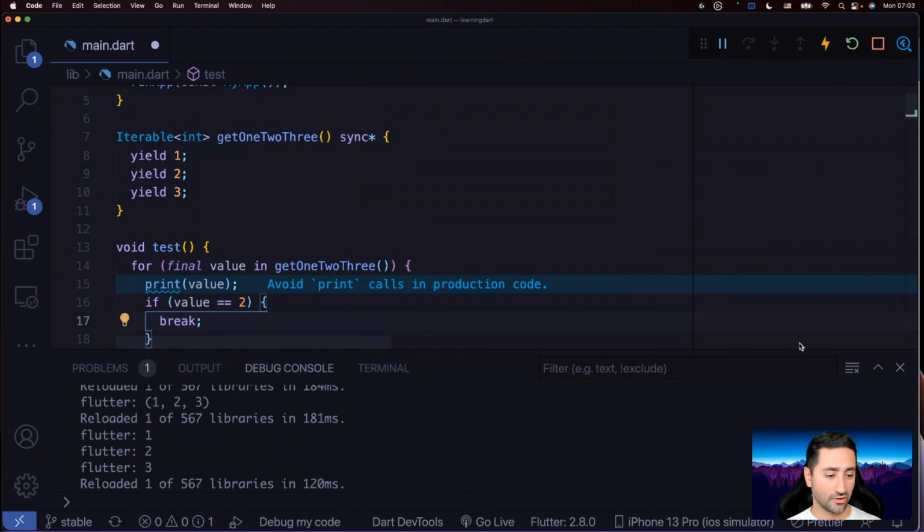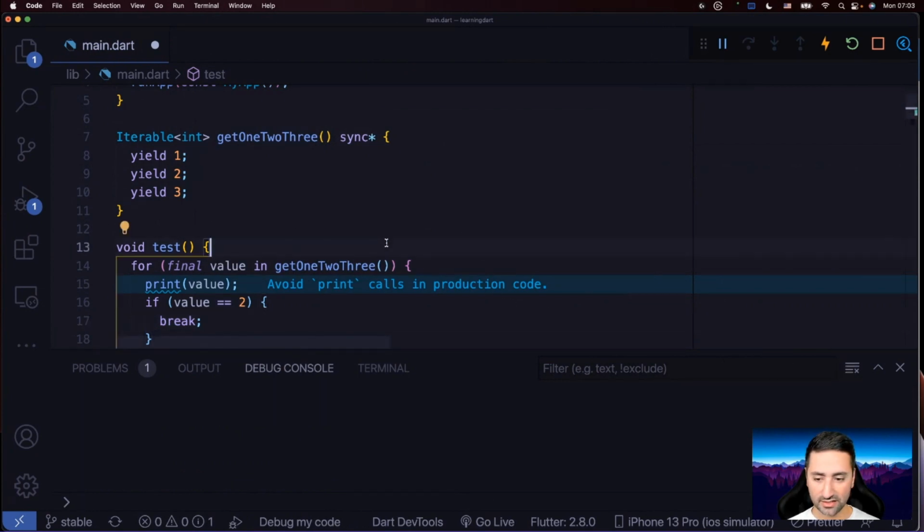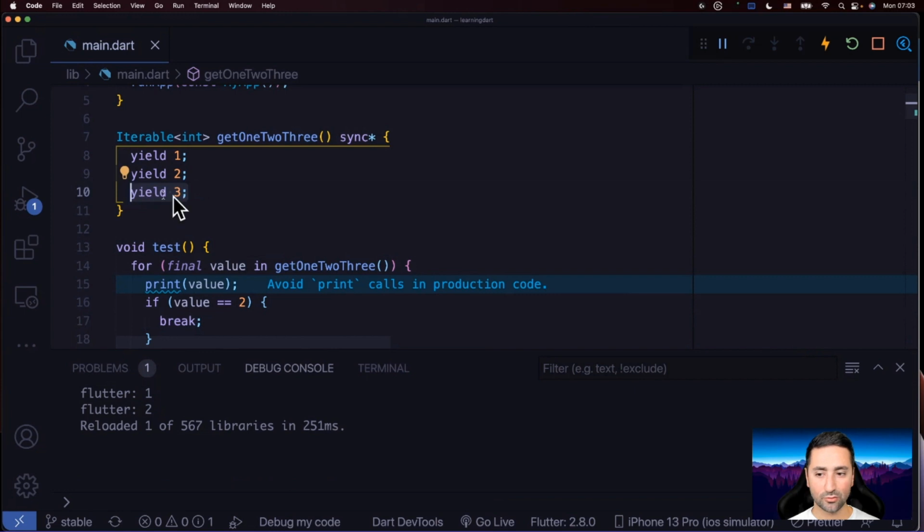Okay, so let's clear the logs and Command S. You'll see only the values 1 and 2 get printed, and as soon as you're at the value of 2, you're breaking, and that means that this yield was basically never calculated. So that's the beauty of